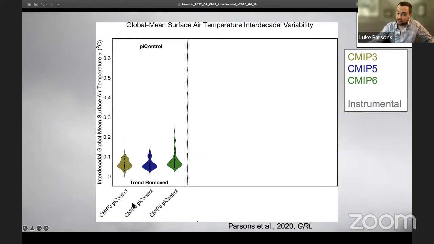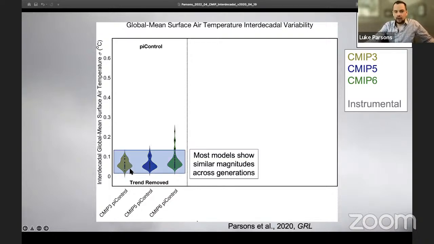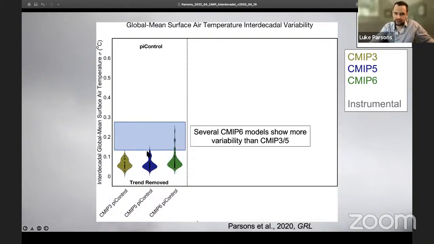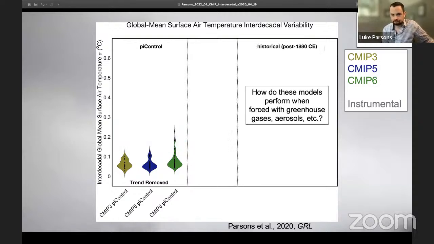And if we compare it to the previous generations of models, now the blue is CMIP5 and this gold color is CMIP3, you'll notice that most of the models across all the generations from CMIP3 to CMIP5 to CMIP6 tend to kind of agree with each other in terms of how much global mean surface temperature variability there is. But you'll have about 5 of these climate models that just came out in the last couple of years that have more variability than any of the previous model generations. And I'm going to skip this, but they have also shown more variability than the last Millennium CMIP5 simulations, as well as our paleoclimate reconstructions of the last 400 or 500 years or so.